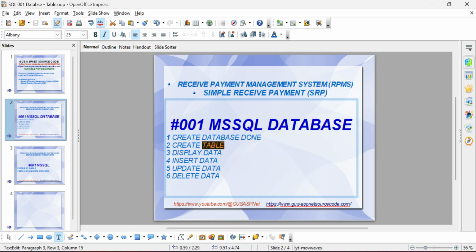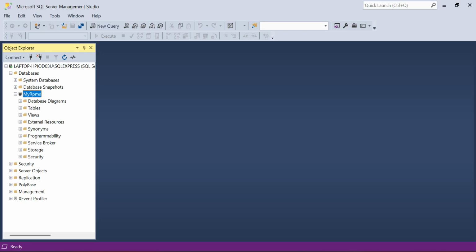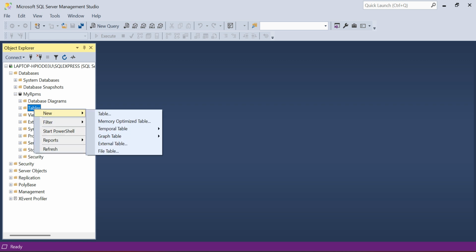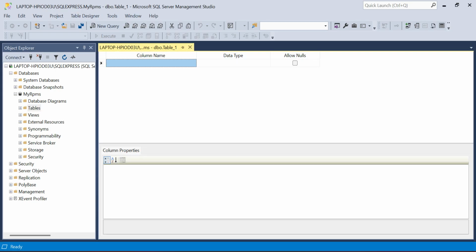Now let's create a table. How to create a table? Expand the database and then click tables, right click your mouse, point to new and table. Now let's give the column names. For example, I will create a table for user.